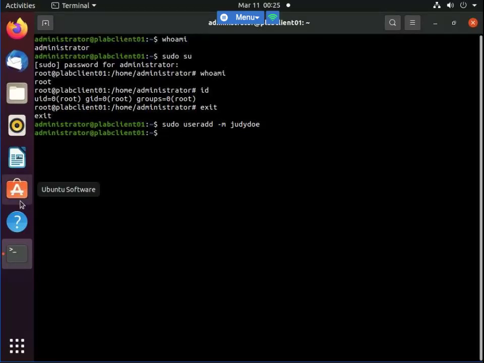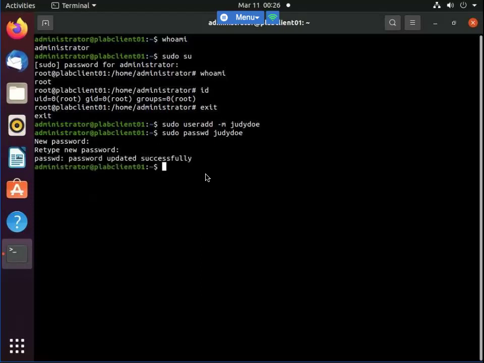I thought it was going to ask me for a password, but nonetheless, I just did the sudo useradd for Judy Do command to create a new user and then add it to the user home directory. So now I'm just going to do this one here. All right, there's the password I was looking for. Perfect. So now that it's updated,